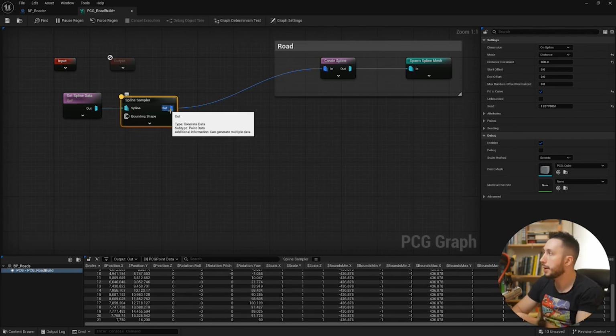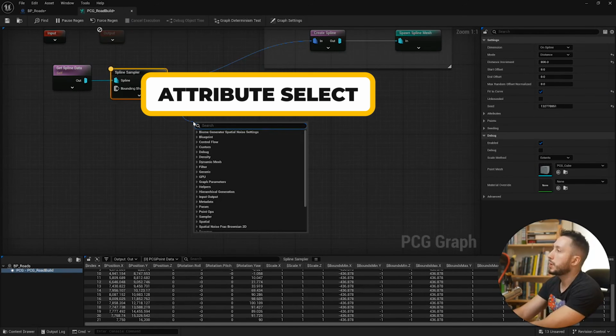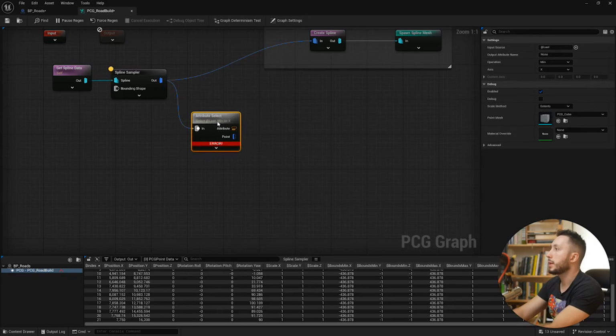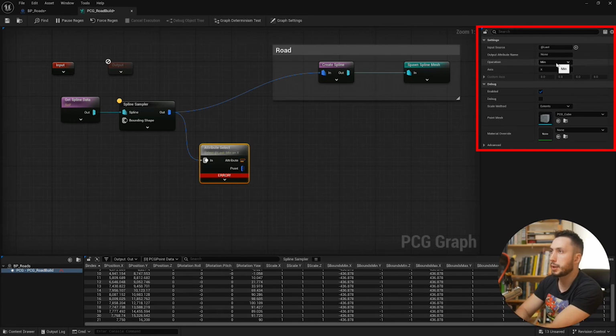So let's go ahead, and the node that we want to get here is called attribute select. We'll go ahead and hit attribute select. What attribute select lets us do is select a maximum of something, like we could select the maximum of an attribute, of a set of numbers. You can see here by default it's selecting the minimum, but we could switch it to the maximum. And so this lets us select the maximum number in a sequence,